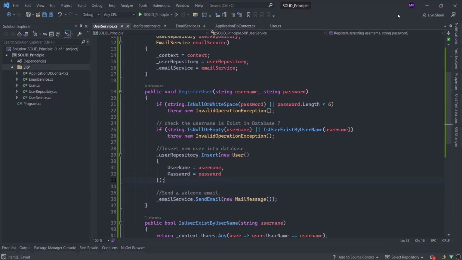So that's the Single Responsibility Principle. Remember, when you write code, always aim for classes that have only one reason to change. This will help you to write maintainable, testable, and